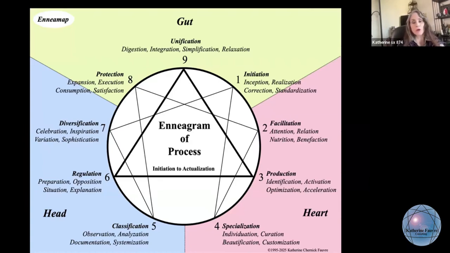Then with the 4, this specialization really means you've got to individuate. You've got to see the individual trees that perform the best. Oh dear, the tree that had the best tasting fruit did not look the best. And that's not what a 4 wants. So the 4's trying to get the marriage of the two, like the best tasting, the best appearing. And what do you need to do to make that happen? And so that it doesn't just taste delicious, but it looks beautiful, desirable, and kind of in a way worthy of being the best tree.